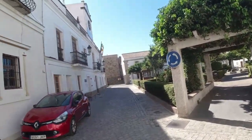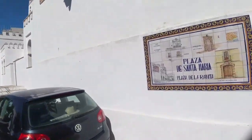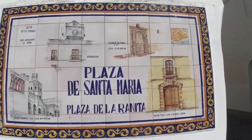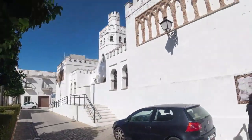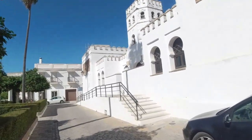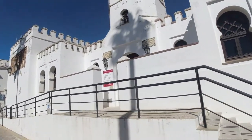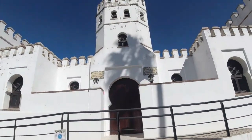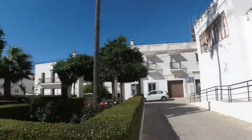We have, it's called Plaza de Santa Maria. Let me get this in for you. I hope you can see that quite clearly. And what's lovely here is it's very pretty. Very Moorish building. Because it is a Moorish building. Let's go and have a closer inspection. It's the Archivo Histórico Municipal. So it's the biblioteca as well. So it's the library and all the archives are in this building on Plaza de Santa Maria, as well as some very nice roses